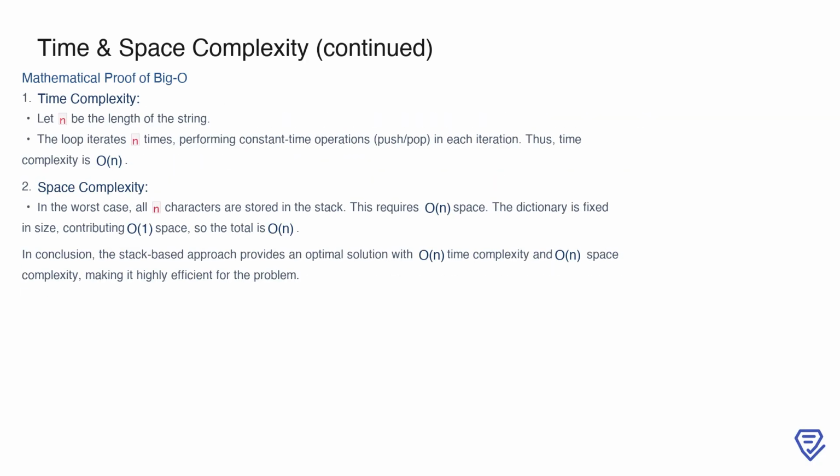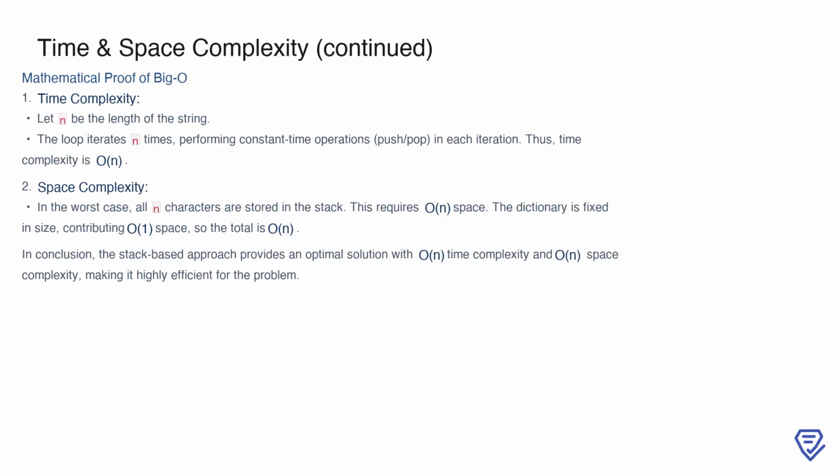Finally, let's provide a mathematical proof for the big O complexity of the algorithm. For time complexity, we note that the loop iterates over the string n times, where n is the length of the string. Each iteration involves performing constant time operations, such as push or pop, which gives a total time complexity of O(n). For space complexity, in the worst case, all n characters are pushed onto the stack, requiring O(n) space. The dictionary used for parentheses mappings is fixed in size, contributing O(1) space. Adding these together, the total space complexity is O(n). In conclusion, the stack-based approach achieves optimal time and space complexities of O(n), making it highly efficient and well-suited for